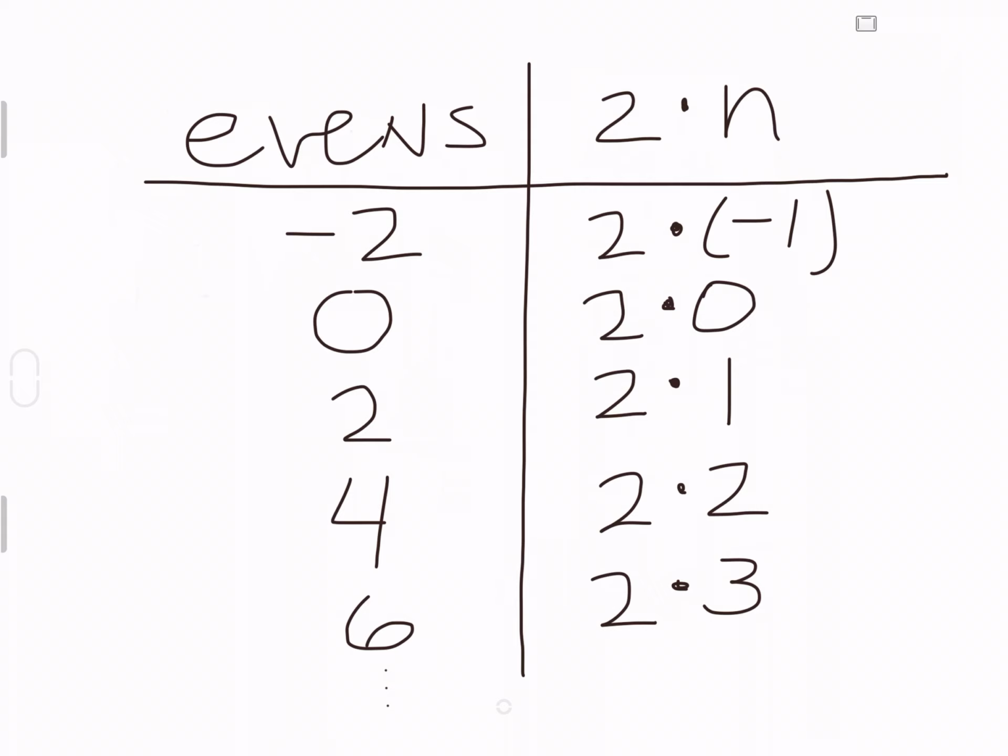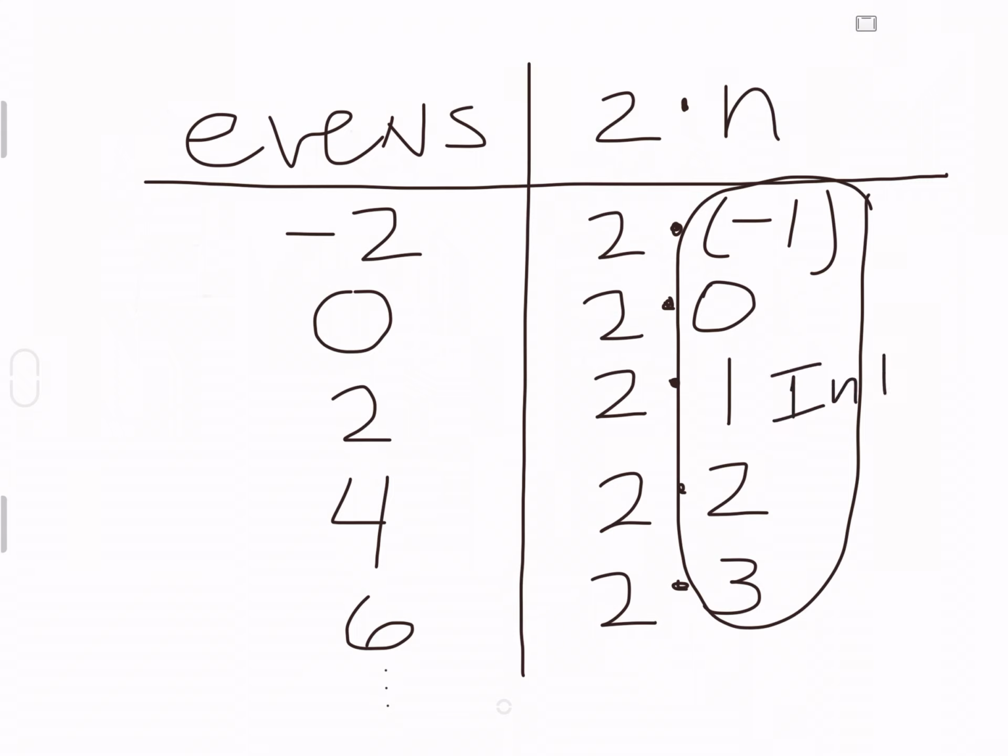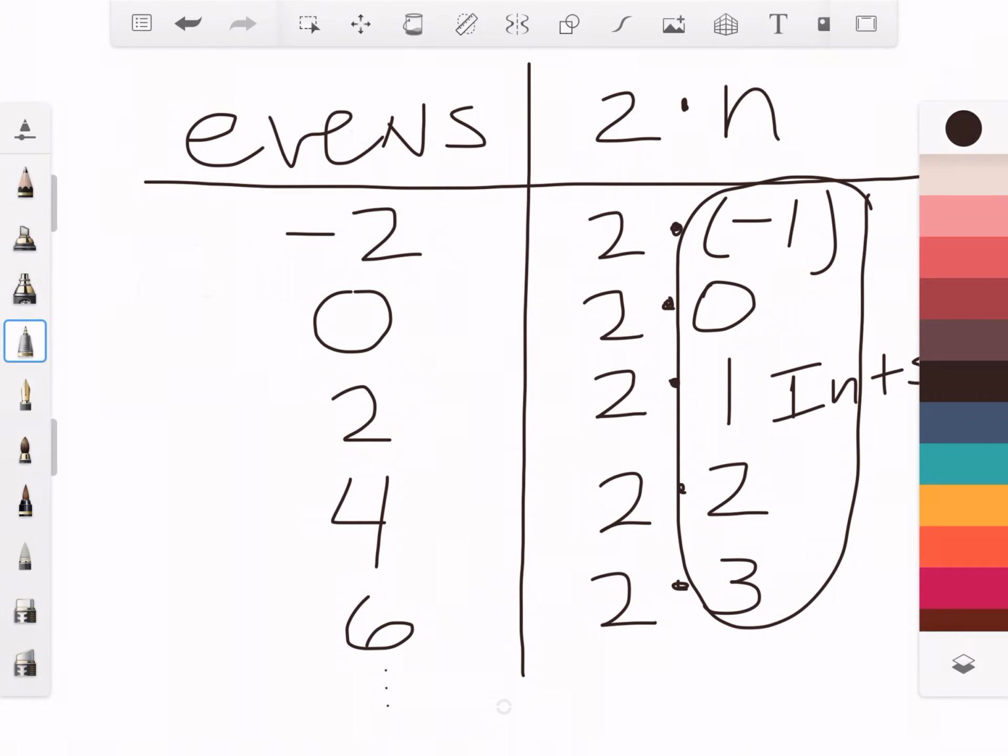All right, and so the idea here, what I'm trying to show you, is that all of the even integers can be written as 2 times some integer. Notice that all of these numbers, these are integers. I'll just write ints. These are all integers, or ints if you're using some programming languages. Okay, so that's